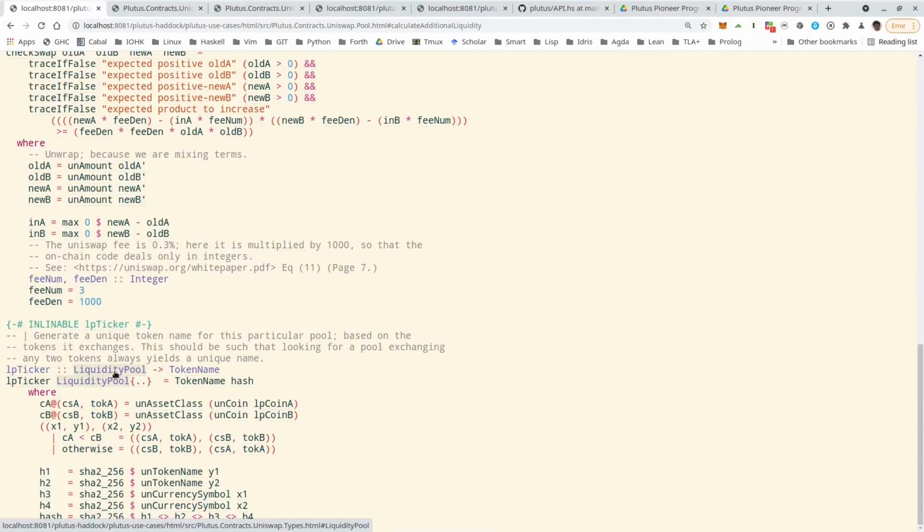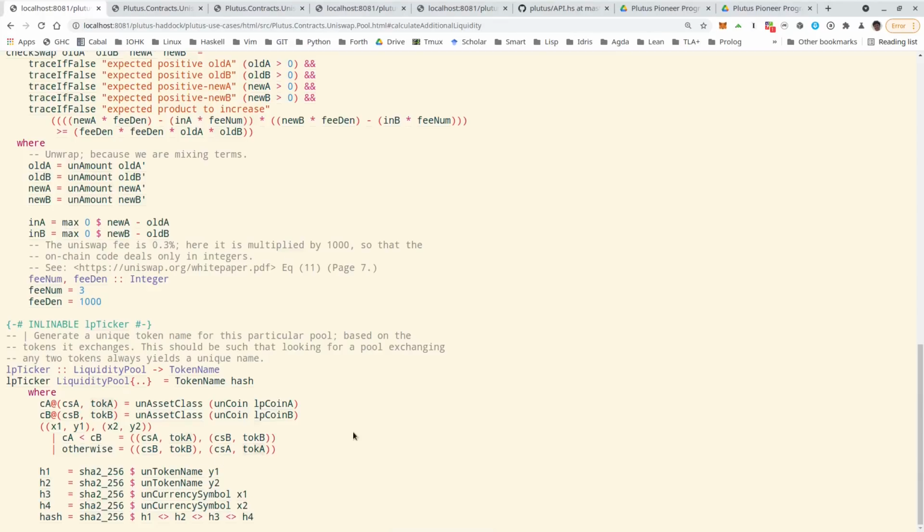Finally, there is this LP ticker function. It's just a helper function that, given a liquidity pool, computes a token name for the liquidity token. And the idea here is that this token name should only depend on the liquidity pool and should be unique. So each pair of tokens should result in a unique token name. And in principle, it just takes the currency symbols and the token names of the two tokens or coins, concatenates all of them and hashes that, and then uses the hash of the concatenation just to get something unique.